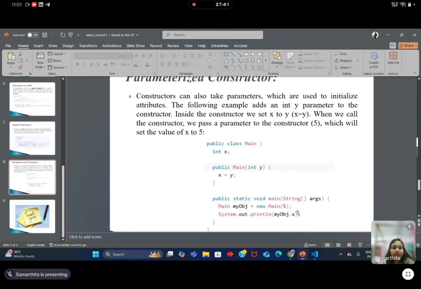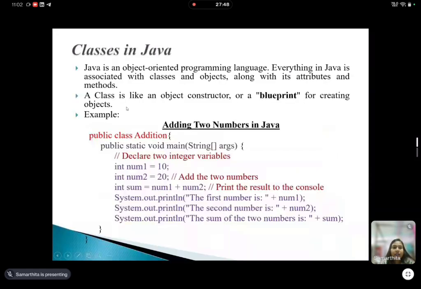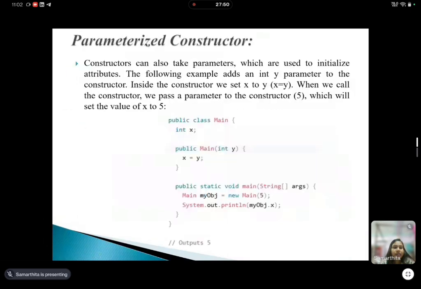Okay, and then the parameterized constructor. The constructor can also take parameters, which are used to initialize the attributes. In the following example, it adds an integer y parameter to the constructor.